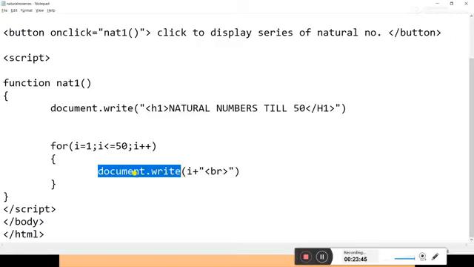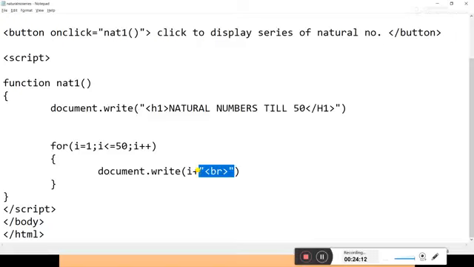Better to avoid that repetition, so you specify that statement in the for loop. In this for loop we display the value of i. The value of i increments every time: first 1, then 2, 3, 4, 5, like this till 50.